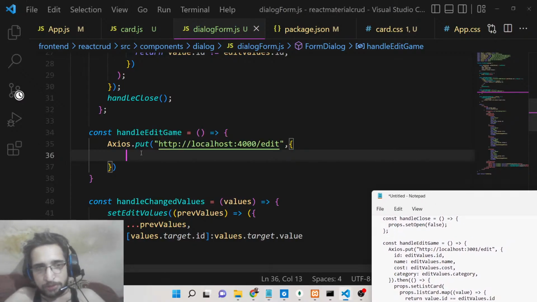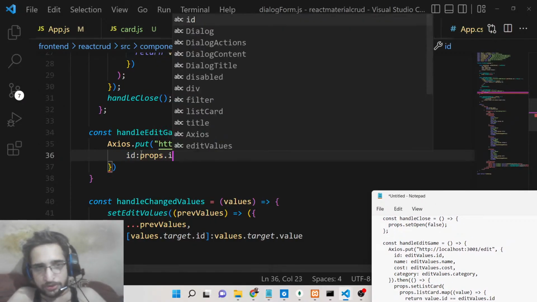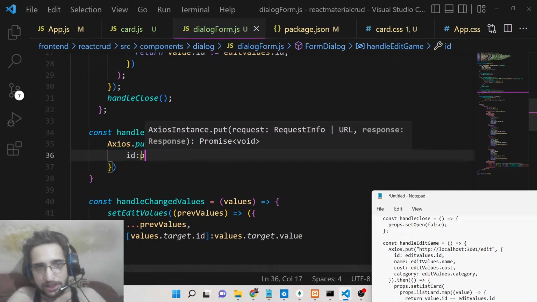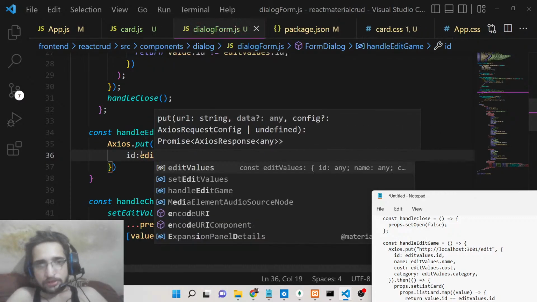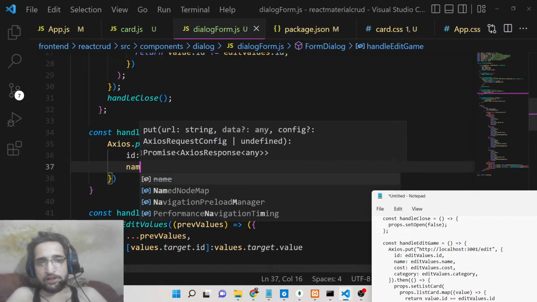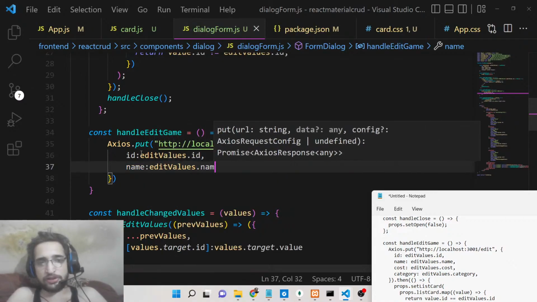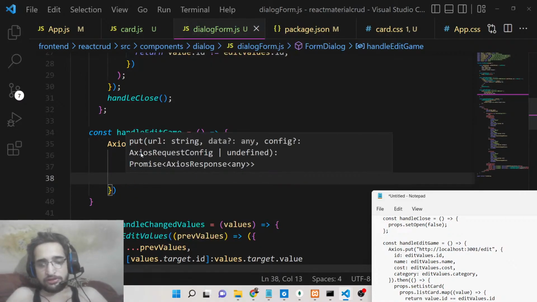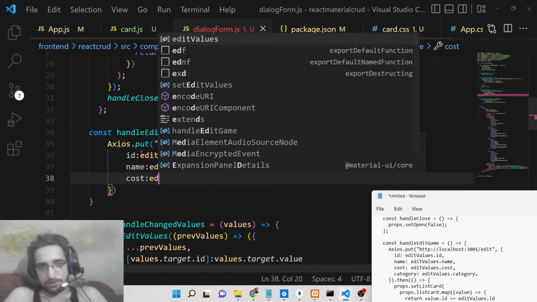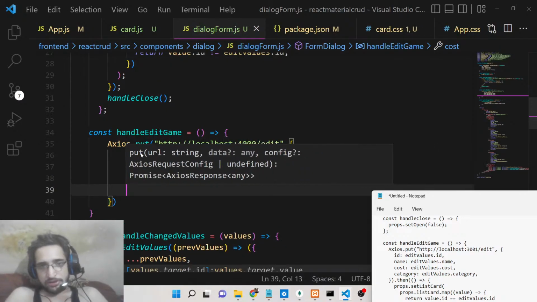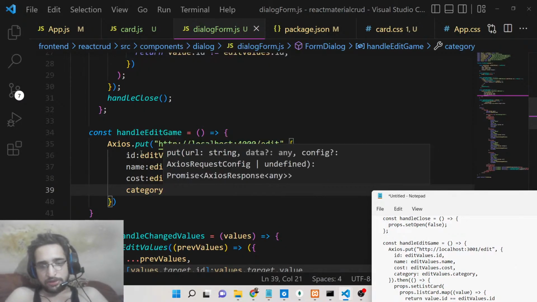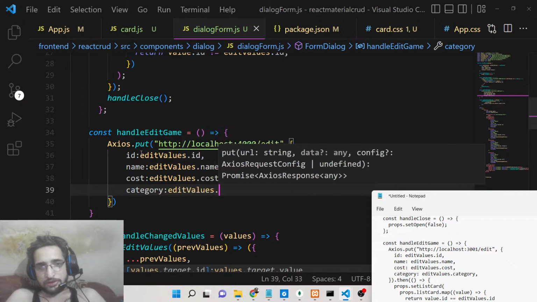So we will pass the ID, which will be props.id, sorry, editValues.id, name is equal to editValues.name, cost is equal to editValues.cost, category is equal to editValues.category,